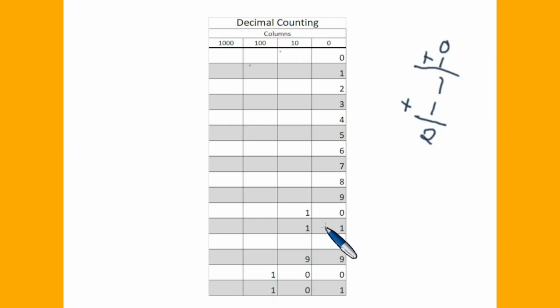Of course, the next number would be 11, and from there we could count up 12, 13, 14, all the way up to 99. That's the highest number, at which case we would have to add 1, which would go over to the next column, which would give us 100, and those would go to 0, and then of course the next value would be 101. So straightforward, something that you probably do without even thinking about it. Now, how would we do that in